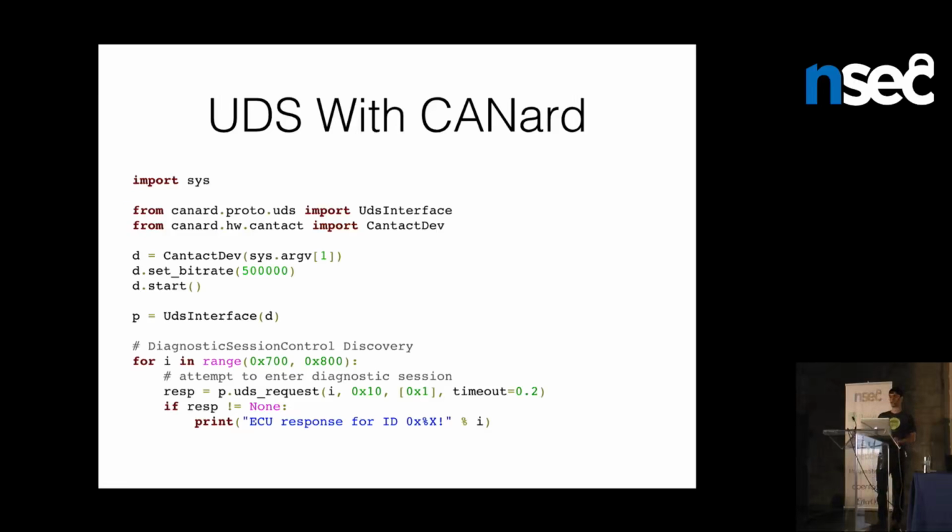Then we're going to send a payload of just 0x1, just 1, because that just puts me in diagnostic mode 1, please. And then we'll set a timeout because we don't want this to go on forever if the controller is not actually responding. And if you get a valid UDS response back, you know, hey, this is actually a controller that's going to be using this service, and we can actually try other stuff